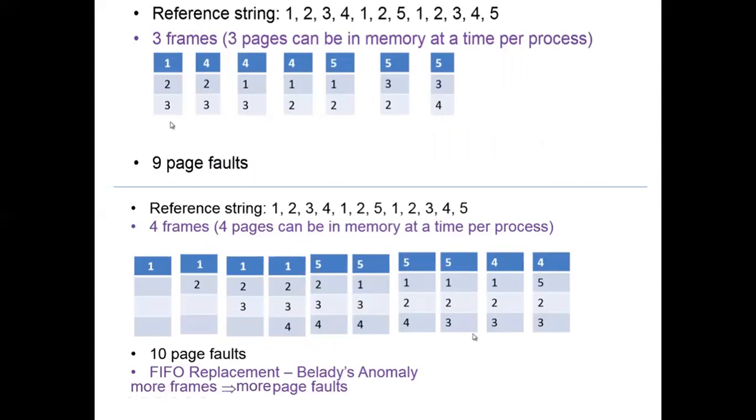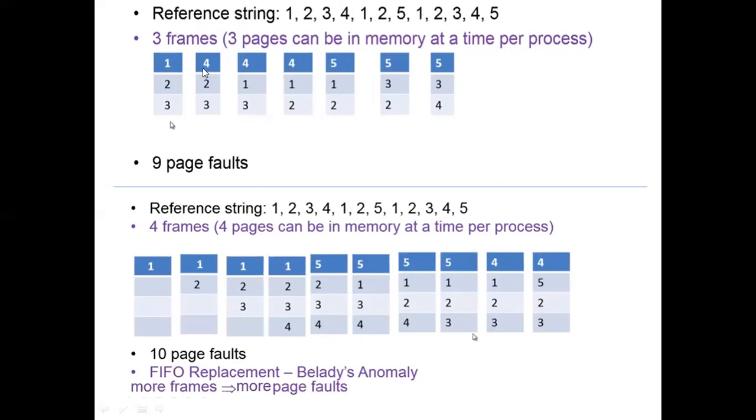Before understanding the next algorithm, let's try to understand one of the drawbacks in first in first out. Let's assume there is a reference string 1 2 3 4 1 2 5 1 2 3 4 5. Let's assume there are 3 page frames in the physical memory. So first time you have placed 3 frames. First time you're hitting the disk and you're placing 1 2 3. Now the fourth one comes, so which will you pull out?